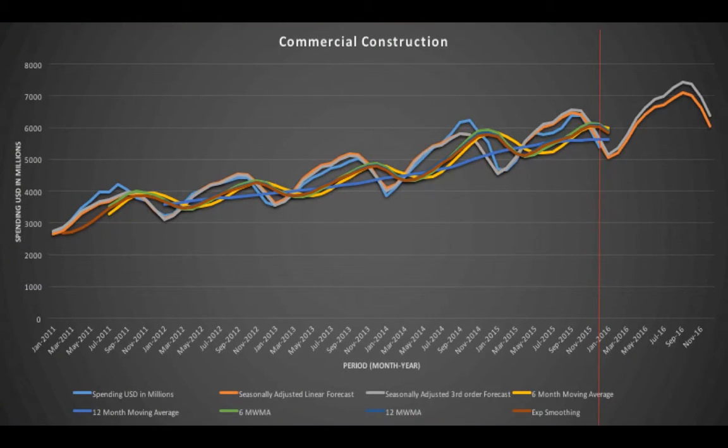So here's the main graph of a comparison of all of them. The light blue line right here is the actual historical data sales, and all the rest of the colors are the forecast methods and values. This red line here is the cutoff of where the actual sales would stop. You can see that